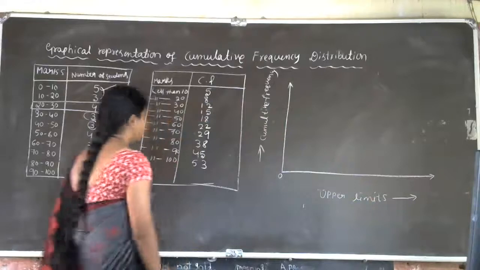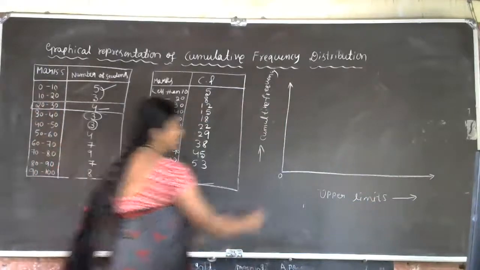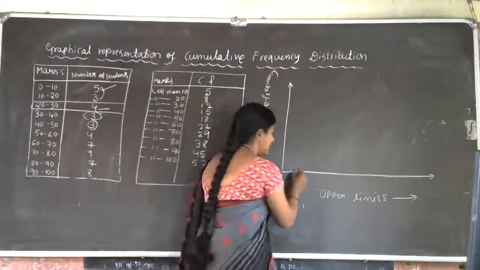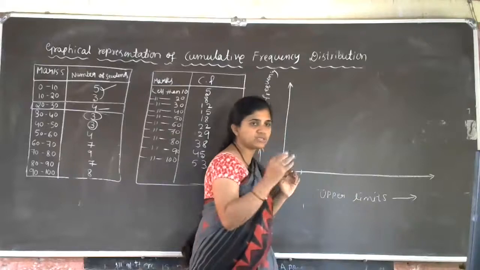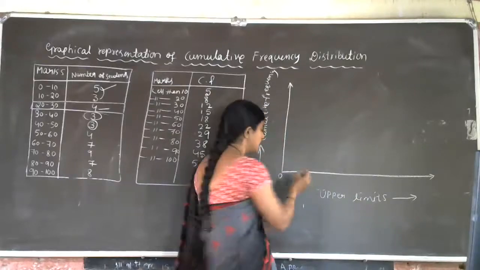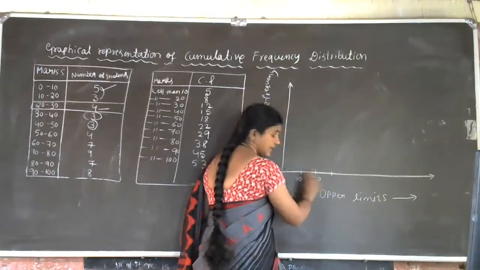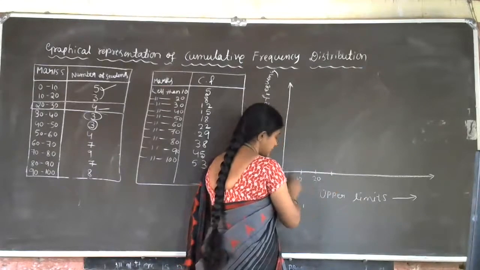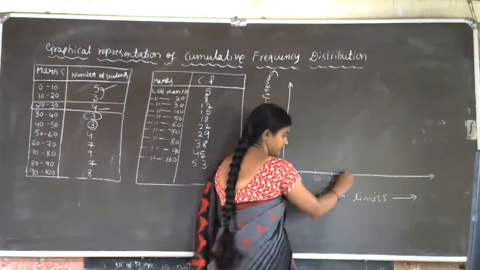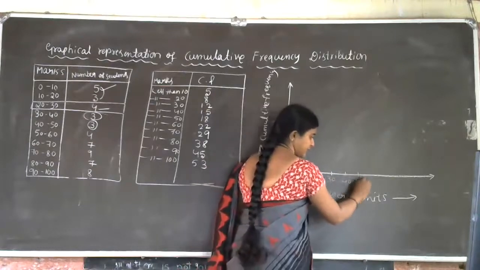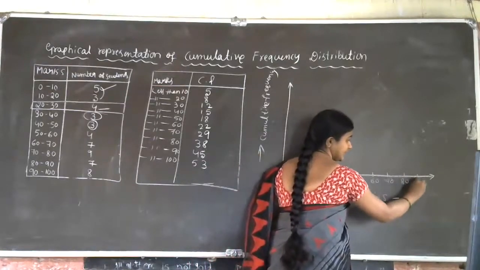Now what we have to do? Upper limits. 10, 20, 30, 40, 50, 60, 70, 80. Anyhow, we have started with 0. Let us take one unit. Okay. So that is any unit you can take. 2 centimeter as 1 unit you can take. Okay. So that is your wish. 10. Next 20. So we are maintaining the same scale. Okay. So here difference is 10. Difference is 10. Here 30, 40, 50, 60, 70, 80, 90,